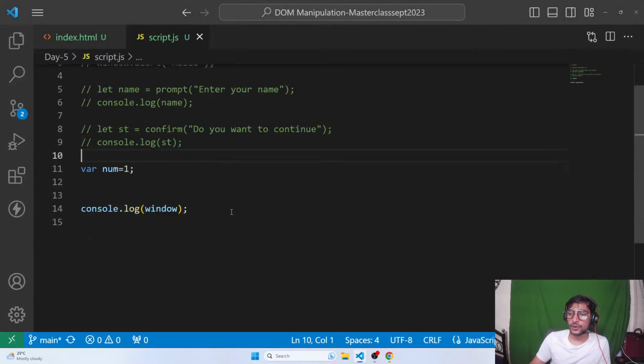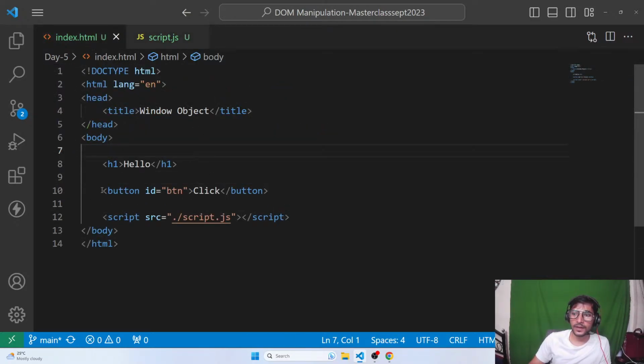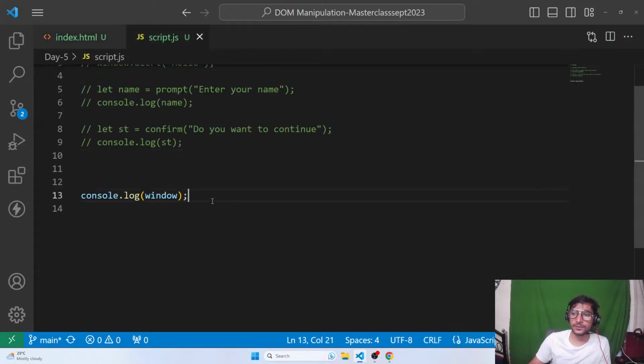Then let's move ahead now. Now guys, the next thing that we were talking about was location, right? So let's go. Now I have created a button on which I want to call an event. So let's go here,